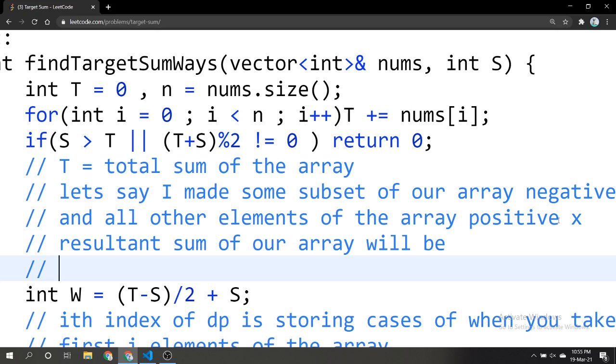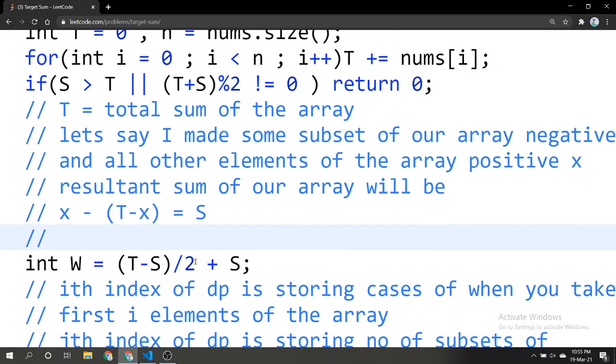So our resultant sum will be: I made x positive, hence I made t minus x negative, and it is equal to s, our target sum.